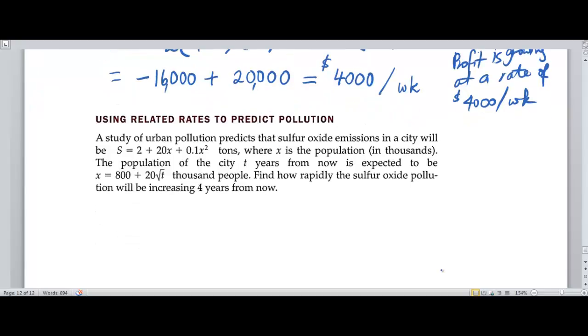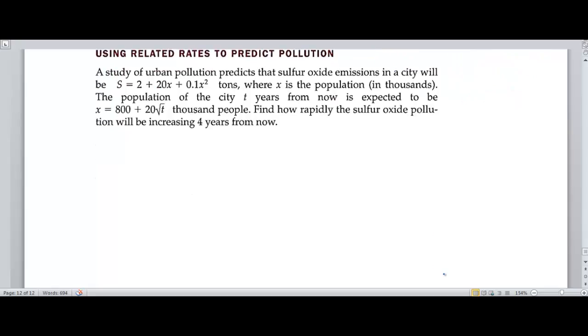Let's look at this example. A study of urban pollution predicts that sulfur oxide emissions in a city will be this S function, where x is the population in thousands. The population of the city 2 years from now is expected to be x equals this many thousand people. Find how rapidly the sulfur oxide pollution will be increasing 4 years from now. Okay, so